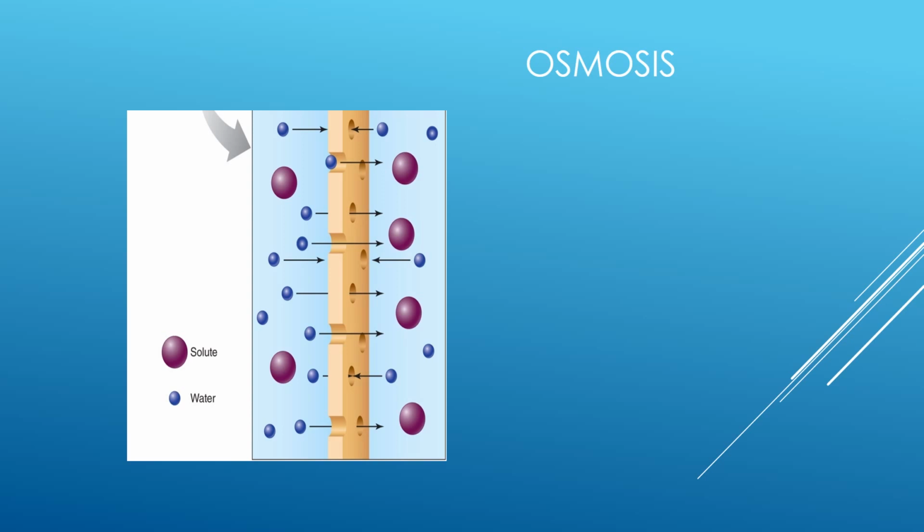So when we look at this image here, the water molecules are represented by these little blue dots, and then these solutes are going to be different types of molecules. So in terms of osmosis, we have a higher concentration of our solvent of water on the left side. This yellow here represents a membrane, and so water is going to move from this left chamber into that right chamber. Now, again, it has to be